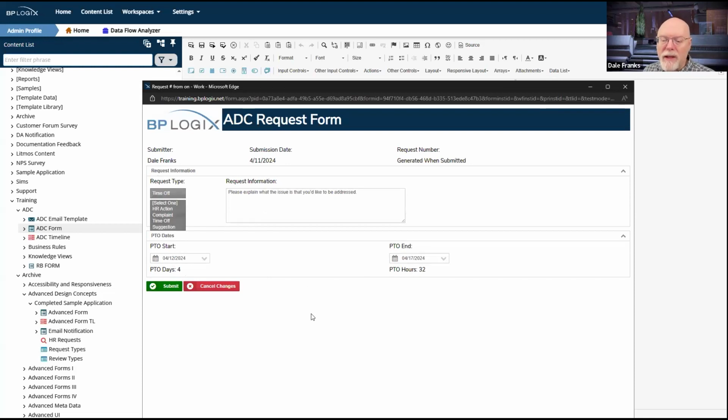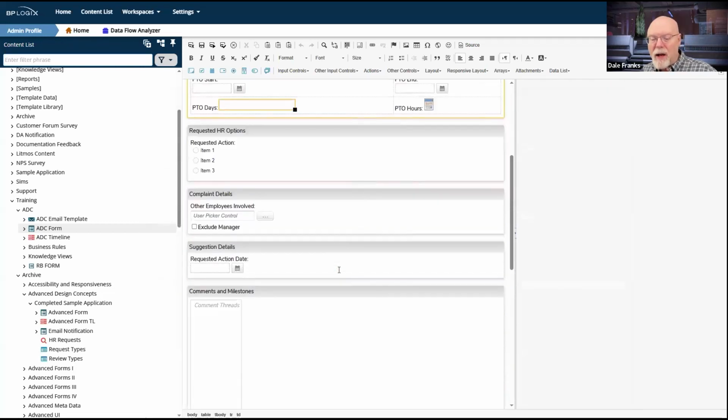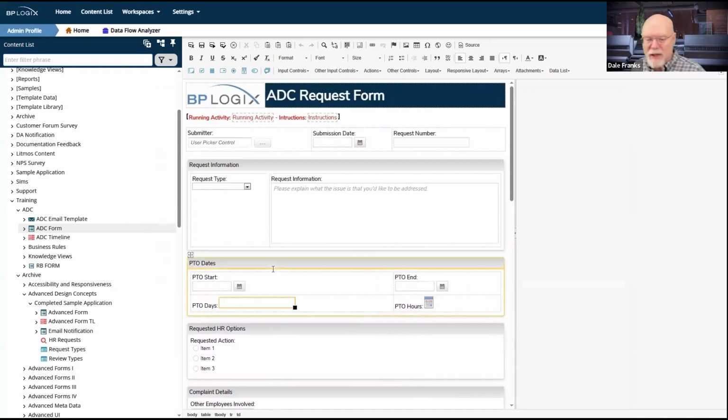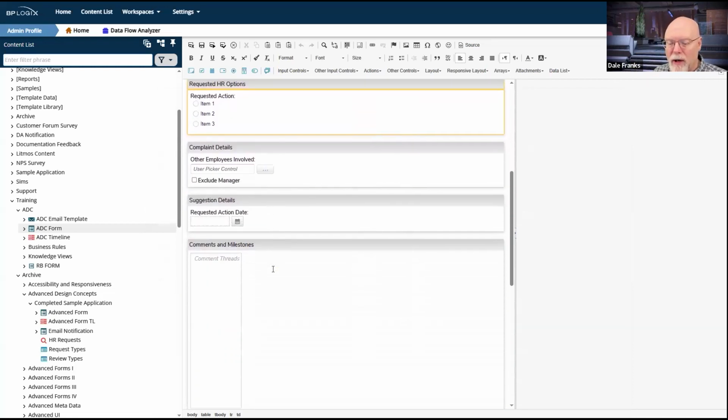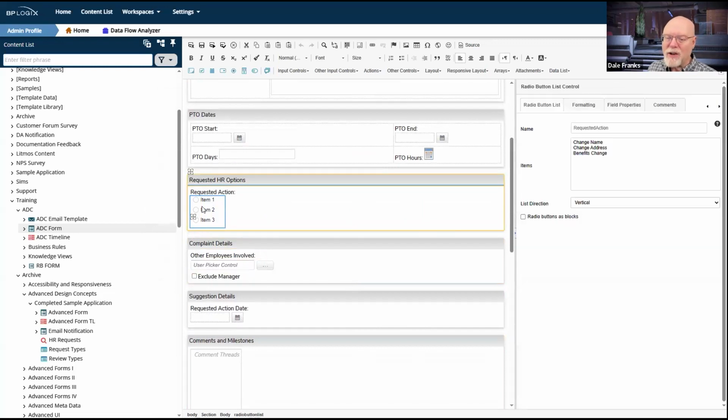All right, so with this in mind, we'll be done with the form now. Now, we are going to have to come back to the form because we set some values on the form that we are going to need. For example, my requested HR option. I need to tell HR what it is that they're going to do. And based on the type of request that it is, I might skip my manager and my supervisor. We'll figure that out a little bit later.